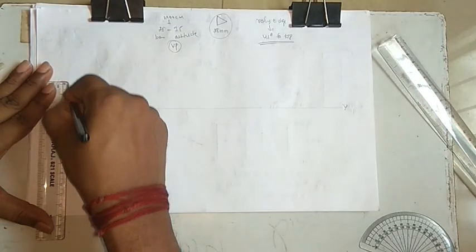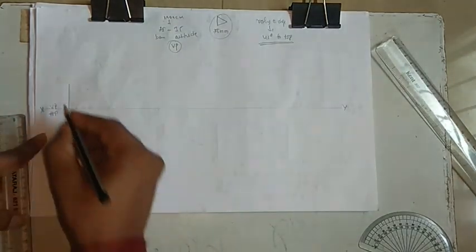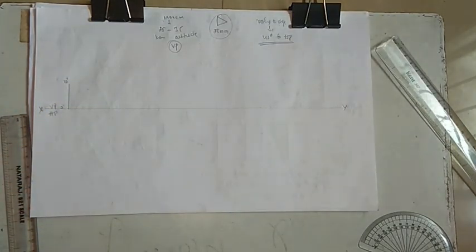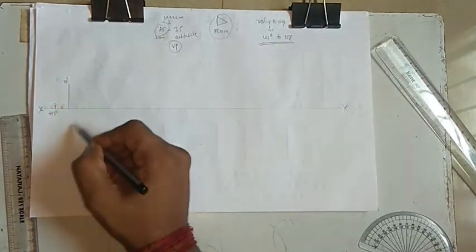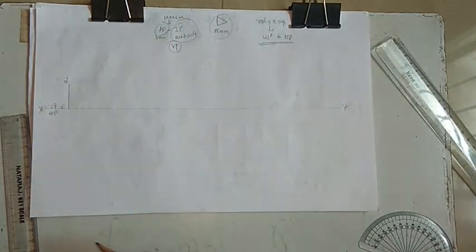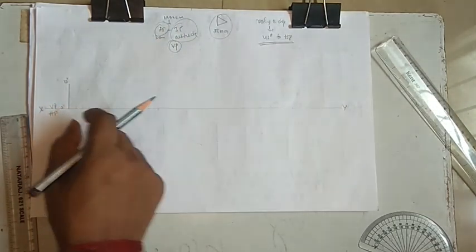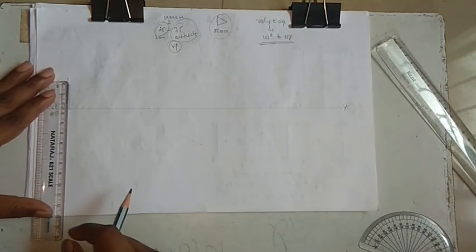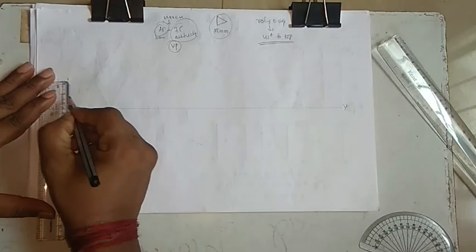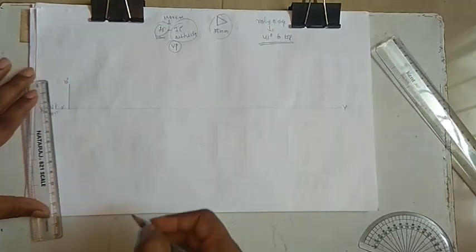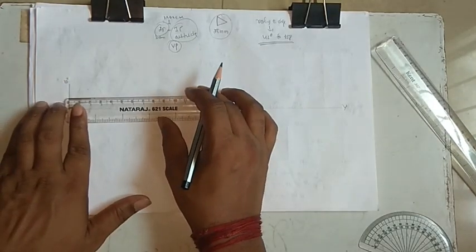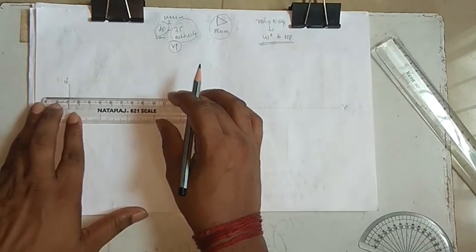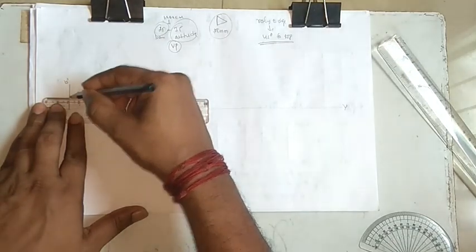First we will take 25. This is A dash and this is B dash. Now the base is 25, done. Now the altitude is 35 mm. You can't take the arc and cut from A and B, then it's wrong. Now you need to take the midpoint of this, which is 12.5. From the midpoint you need to take 35.